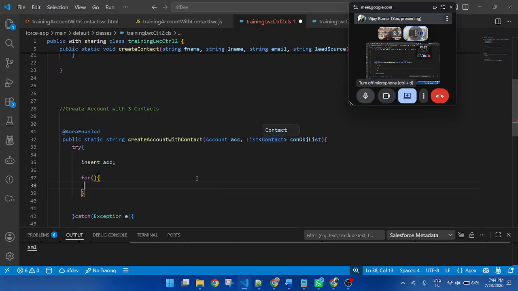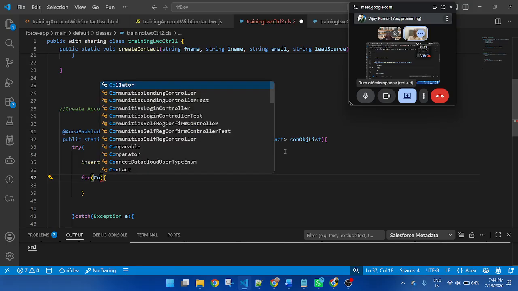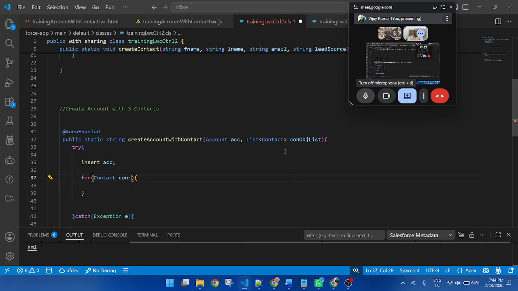So this is a contact. So here I am applying a for loop on this list of the contact. And as you know, if you are inserting a contact, the last name is mandatory. Last name should not be blank.